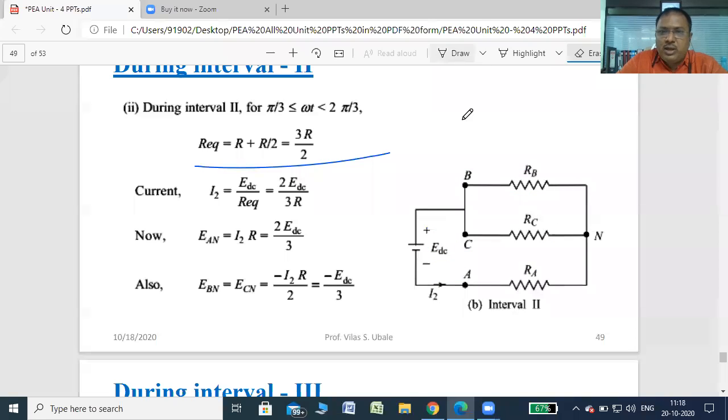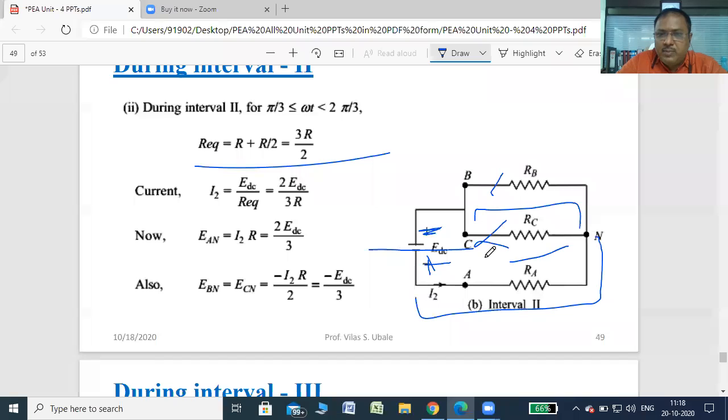I'll show you again, this is positive. Now there is an incoming current, called I2, at the node, and outgoing current from N to this one. So what happens here? I2 equals EDC by R equivalent, that is the same, equal to twice EDC by